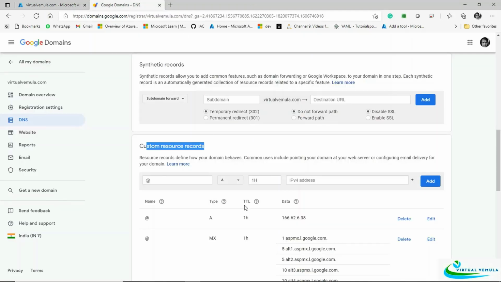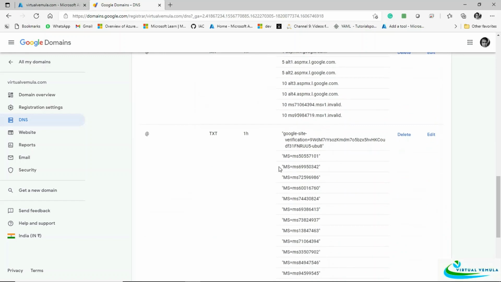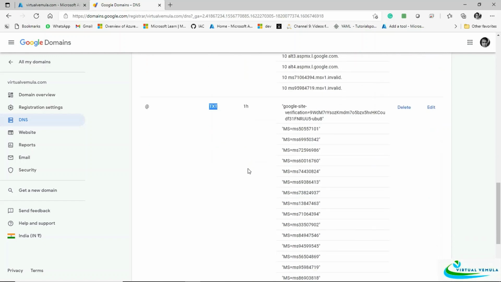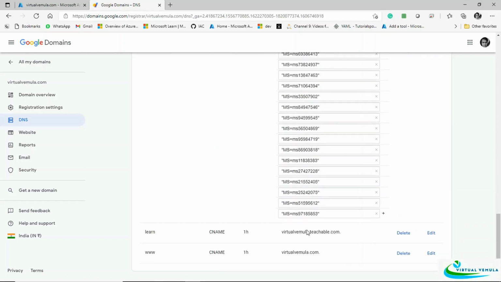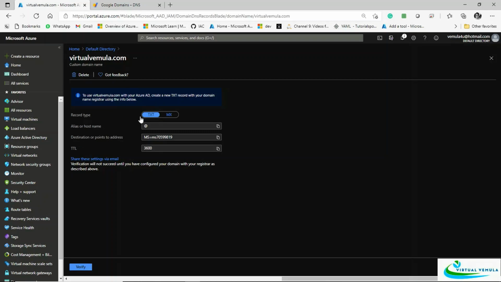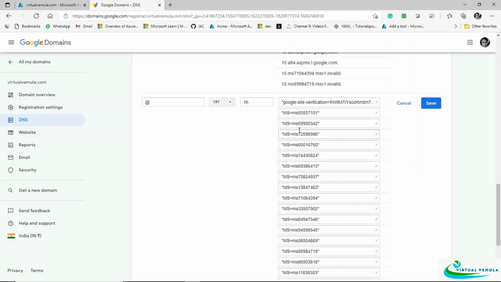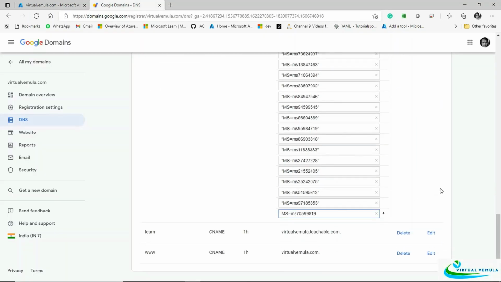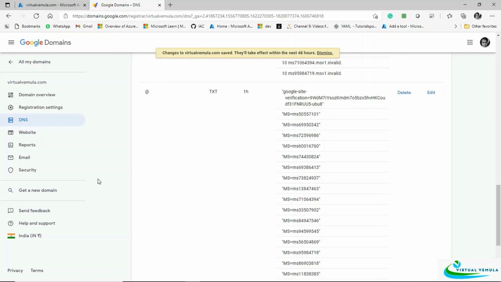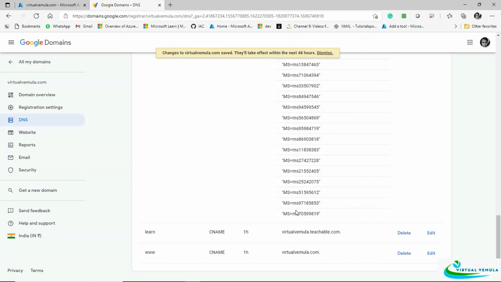Now what I am going to do is add a TXT record. So here I am under custom resource records. I am navigating to this TXT record and I click on this edit option, and here I can add a new TXT record under the existing records. I'll copy the destination, or points-to address, and I will add this record at the end of these custom TXT records. Rest of the things you can leave as is. I'll save it. Now this record is added, isn't it?